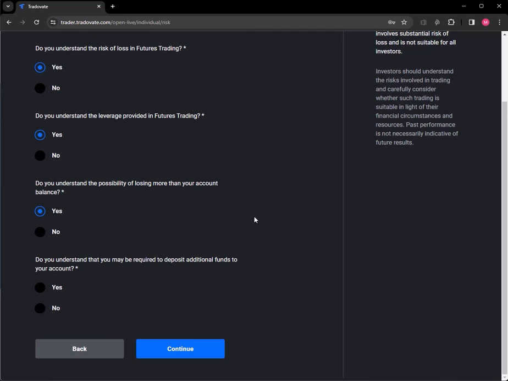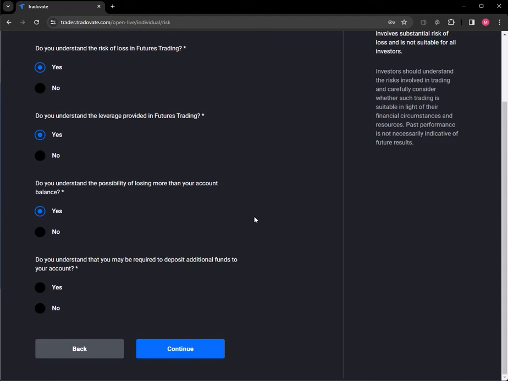So let's say I'm in a trade, I have $600 in my account. The requirement to trade one ES, the E-mini S&P 500, one contract is $500. So if I'm in a trade and I go down to 500, I'll get a warning from Tradovate saying that I'm close to liquidation, and if I go too far below that margin requirement, they will automatically close me out of my position.